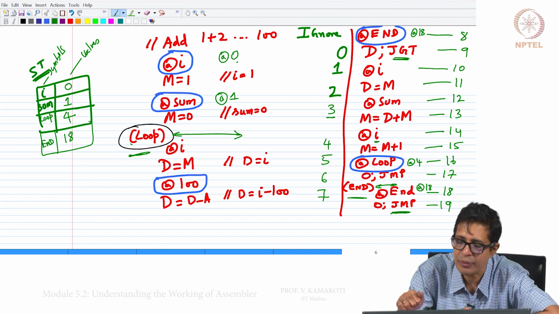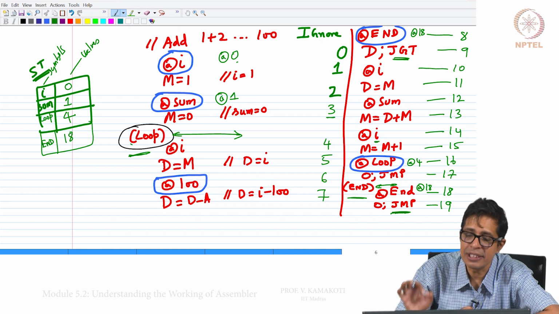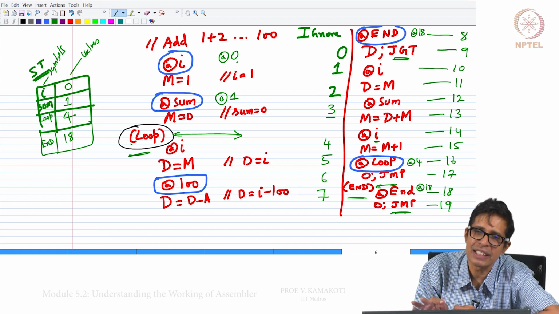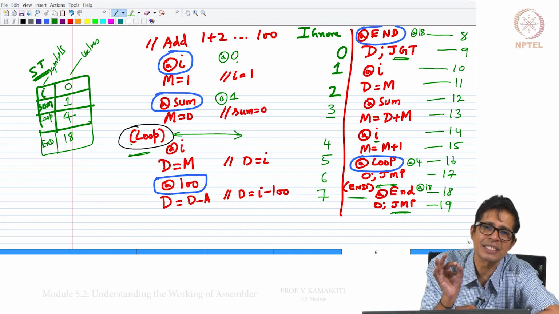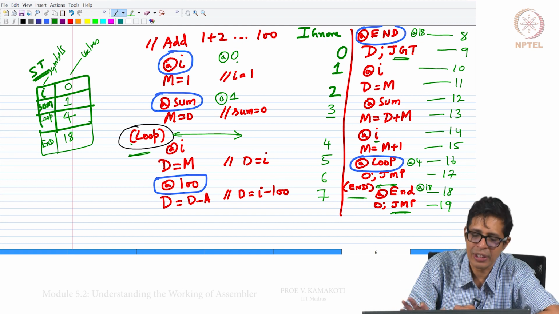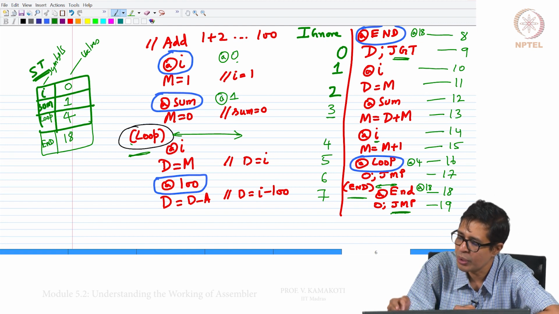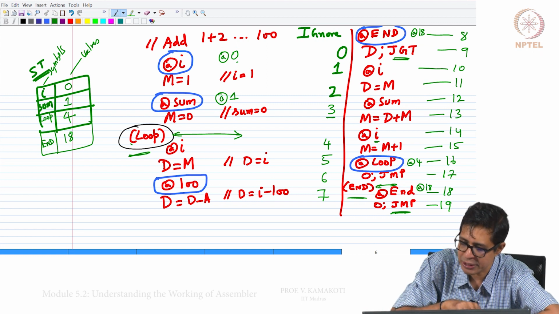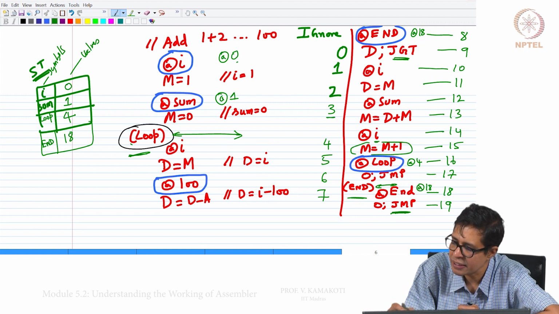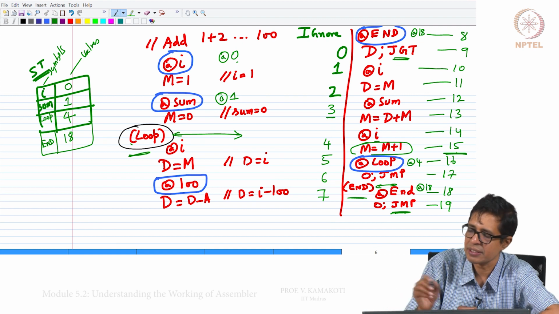So it starts with 0. Ultimately this counter tells, for every instruction, which memory location in the instruction memory it is going to be loaded at. For example, at I will be loaded at 0. This m equal to m plus 1 that you see here is going to be loaded at 15, right.